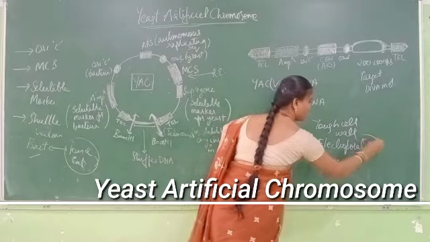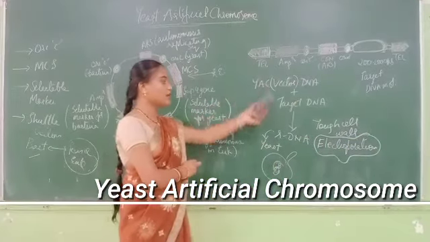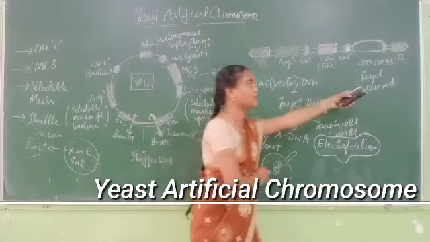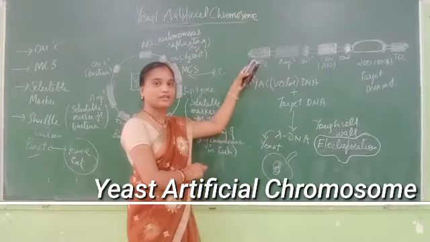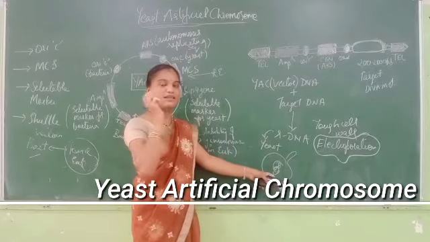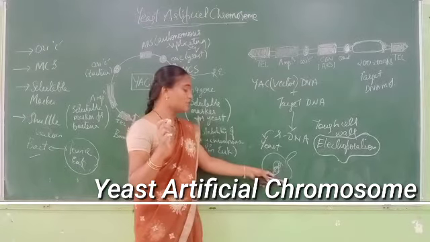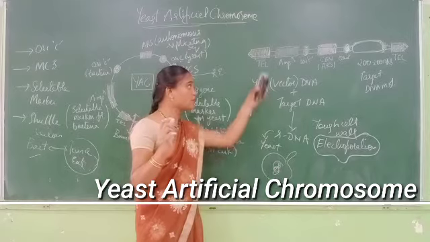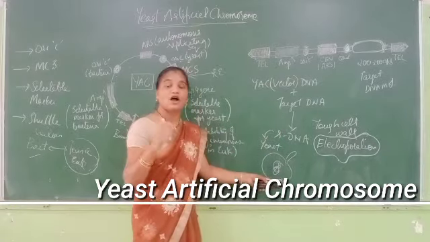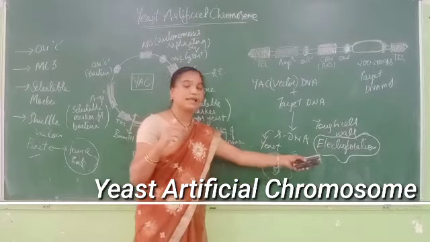So the insertion of the target DNA molecule, that is your rDNA molecule, that is your vector DNA, YAC DNA plus your target DNA molecule, the chimeric DNA molecule, should get easily inserted in your host organism, isn't it? That is the main principle of a vector. So here the host is your yeast. This yeast should easily get inserted with your chimeric DNA molecule, that is your rDNA molecule. How is this insertion done? Only with the help of the electroporation technique.